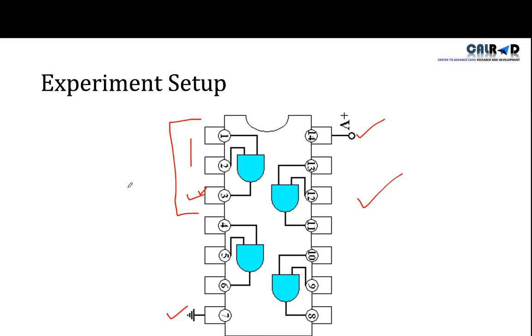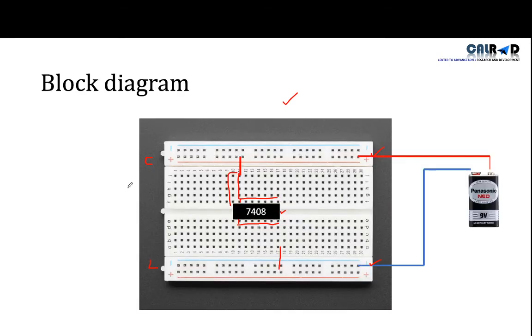But we will not directly connect our LED with the circuit because we are using 9-volt battery. So in order to save our LED, we will use resistor. So first we will put resistor. Where we put the resistor? In the third leg, because the third one is output, and the second leg of resistor we can put anywhere, so I put here.